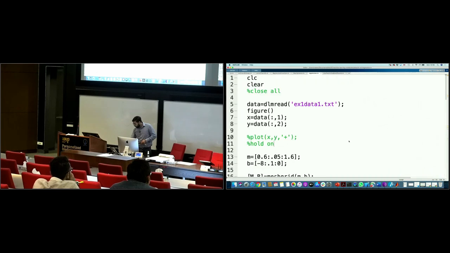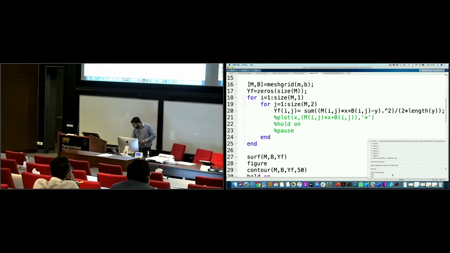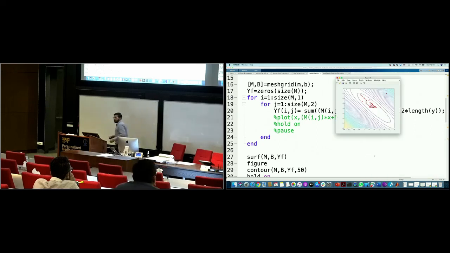By the way, one thing I need to show you guys is that the green represents the solution from A transpose A inverse A transpose Y. So it's the absolute global minima that I've calculated from inversion of the matrices. You see that's right here, and we are actually quite close to it.